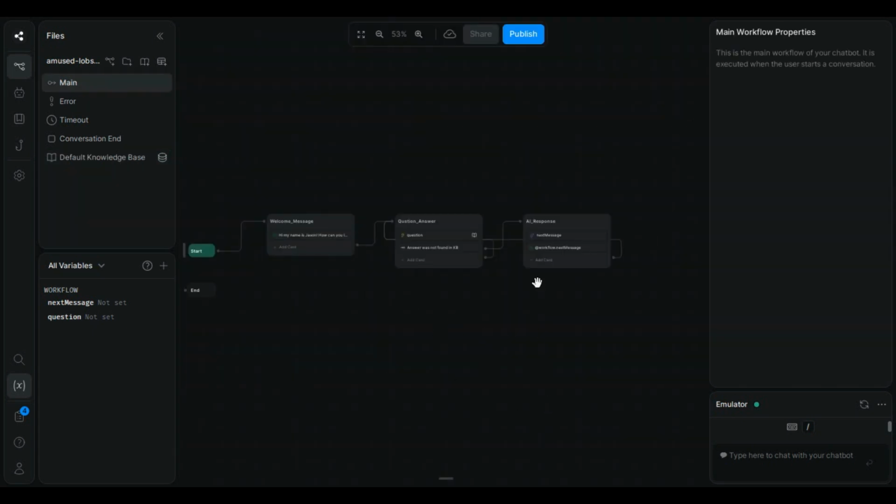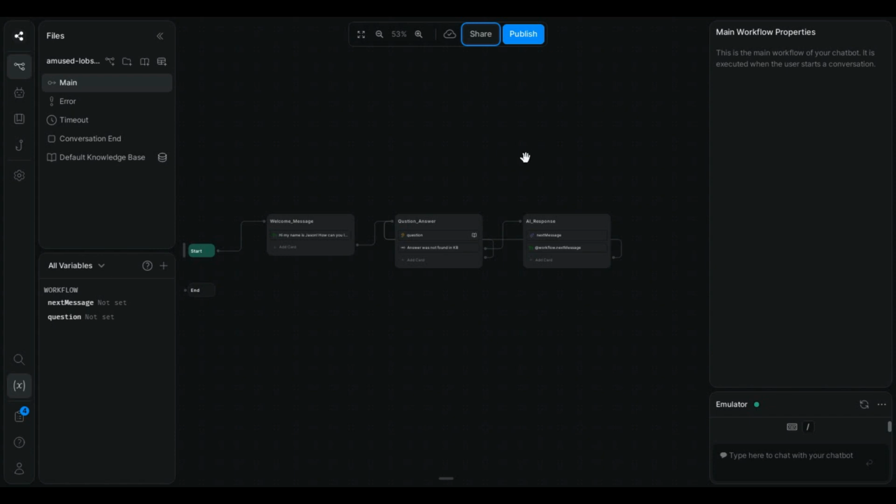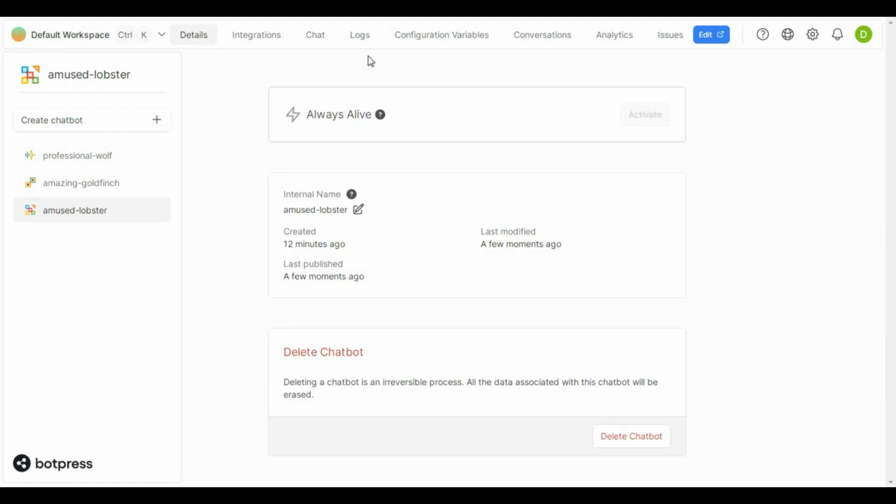Anyway, after you've created everything here, obviously you need to publish your bot. So yeah, after your bot is published, you can share it with your friends and test it out and maybe get some feedback. Yeah, getting feedback from someone else is really valuable. And of course you need to integrate it inside your